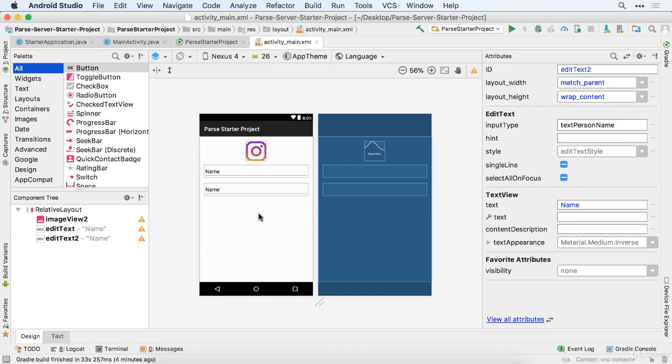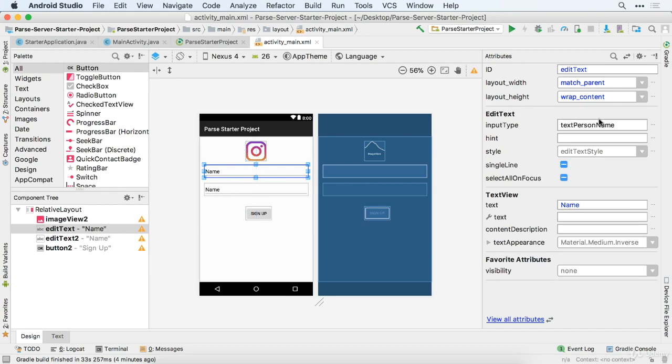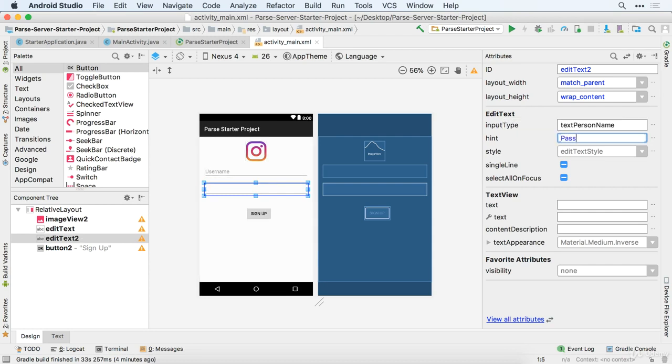that says sign up. So we'll have this button, and we're going to double click on this button to change its text to say sign up. Okay, we've got that. Then we need to change these two edit text. So for this first one, we want to add a hint there and get rid of this name thing. So we'll get rid of hint name, and we're going to add a hint here, and the hint is going to be username. And then we'll come down here for our next one, get rid of name, and we're going to add as our hint password,